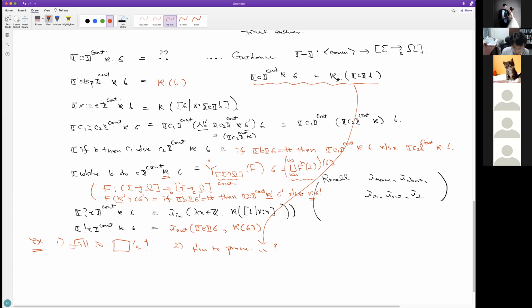If my explanation is confusing, very likely, then you can just look at this definition and take it as the semantics. So that's the semantics, the solution for this exercise.